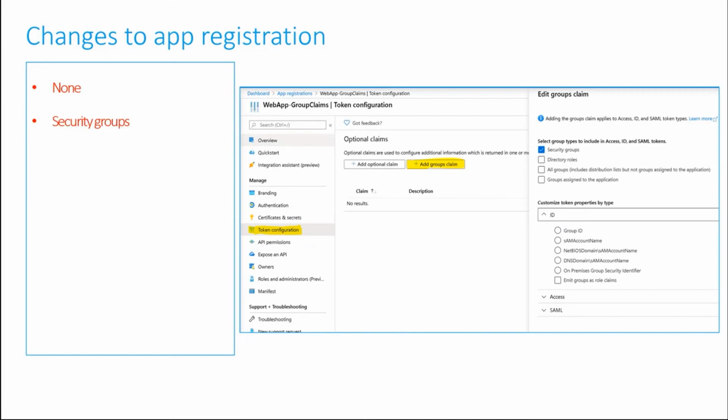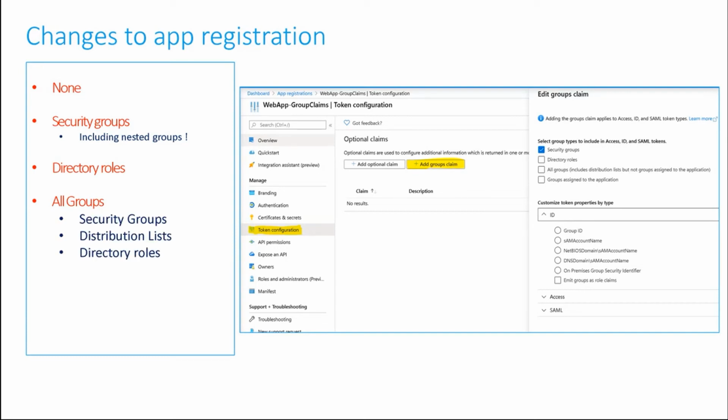It has various options. If you click on just security groups, you will get all the nested group memberships as well. The other options available are directory roles, or if it makes sense to you, you can choose an option called all groups, which will also give you all the distribution lists that are available in a tenant. And it will also give you directory roles, which are basically built-in roles that users are assigned to in an Azure AD tenant.